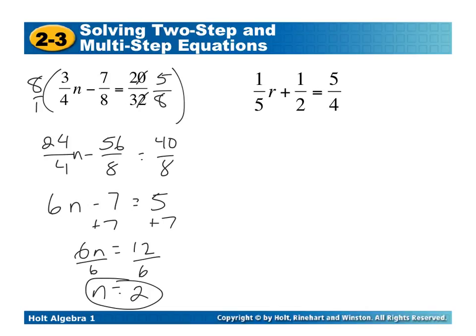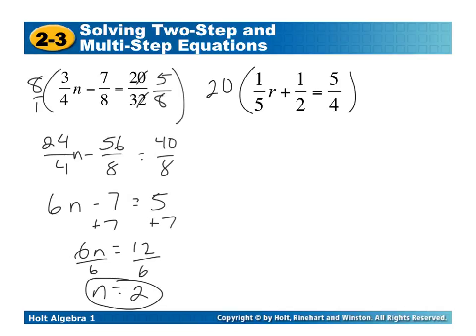Why don't you go ahead and pause the video and try the next one. You can either eliminate the denominator or you can go ahead and work with fractions. Now I'm going to choose to eliminate the denominators again. So between 5, 2, and 4, your least common denominator is going to be 20. So I'm going to multiply